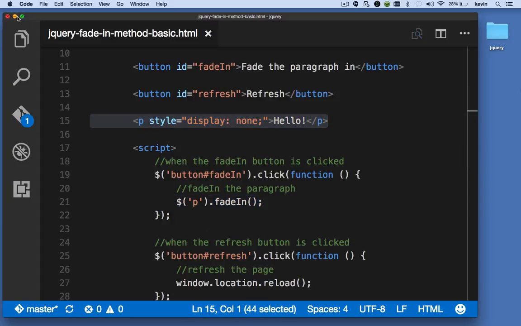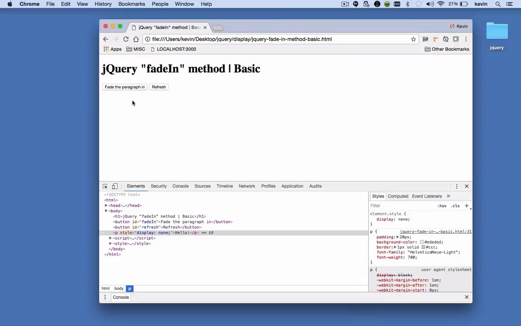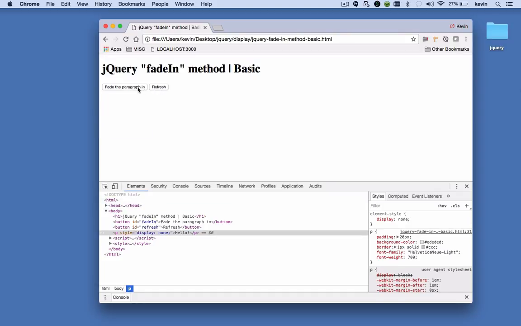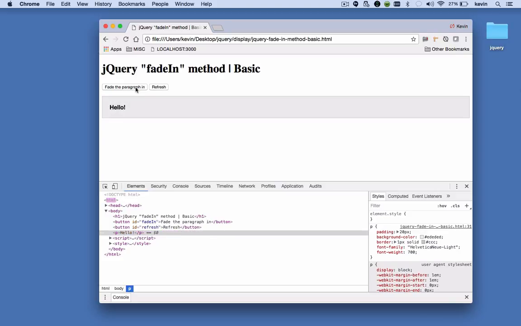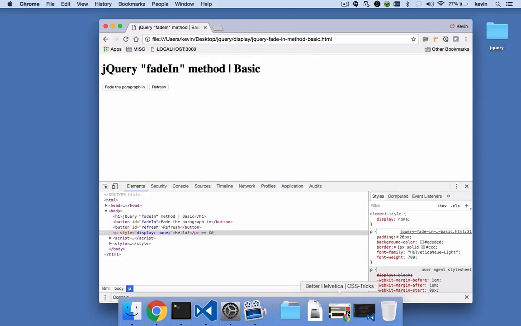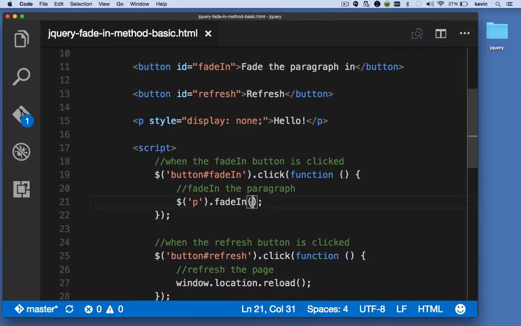So when I click this button, that style attribute that's set to display none will change. It goes away and it changes to opacity, and the opacity changes gradually. Let's take a look one more time. So as it fades in, the opacity changes. That happens pretty quickly, so let's just make a small change here so that we can see it a little